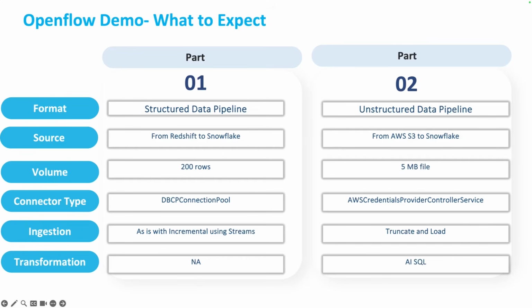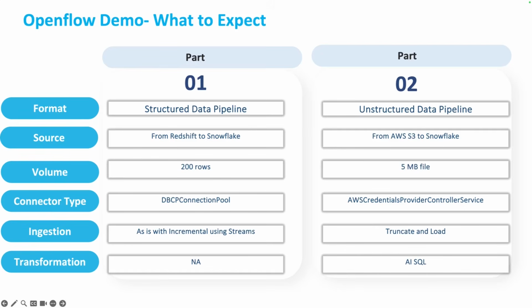When I say unstructured data processing, there are images sitting in AWS S3. So we are going to use Openflow to move the image files from S3 into a Snowflake internal stage. We are going to use a connector type called AWS Credentials Provider Controller Service. And then once the image files are moved into the Snowflake internal stage, we are going to extract insights out of it using AI extract, AI SQL basically, and then we are going to load the extracted information into